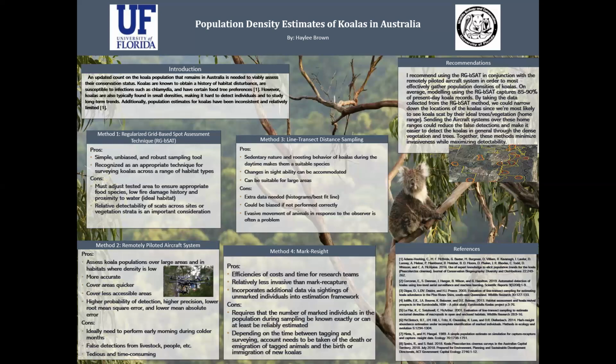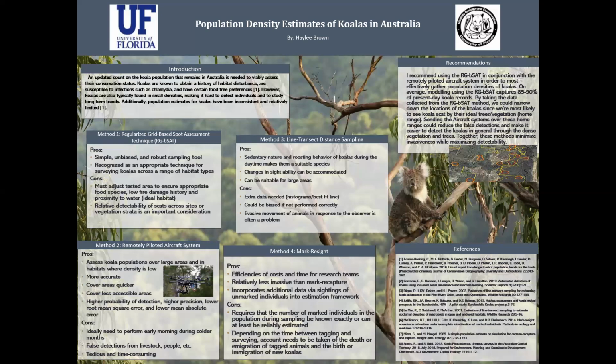Some of the pros is that the sedentary nature and roosting behavior of koalas during the daytime makes them a suitable species. That just means they don't move a lot during the day, so they're easier to detect. Changes in sightability can be accommodated, and it can be suitable for large areas. Some of the cons is that you need extra data like histograms and doing a best fit line. It could be biased if not performed correctly,